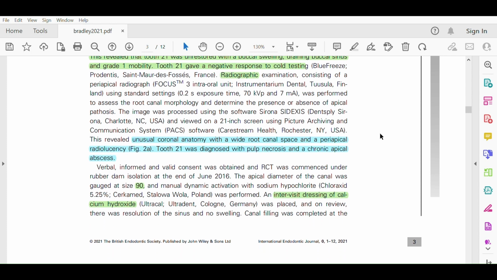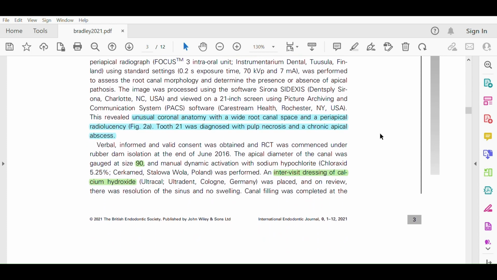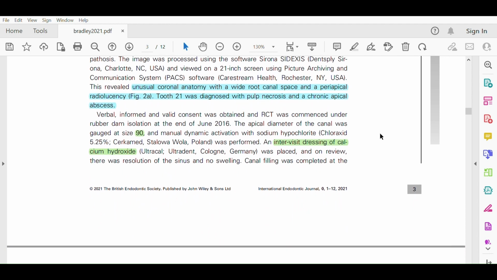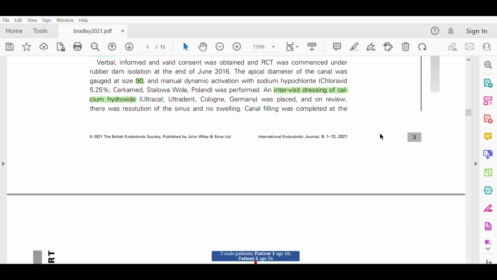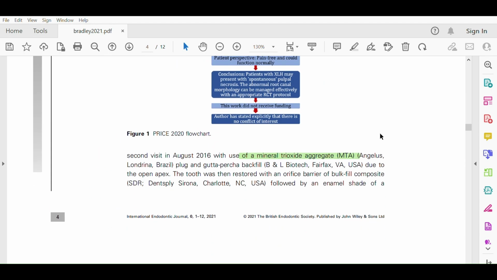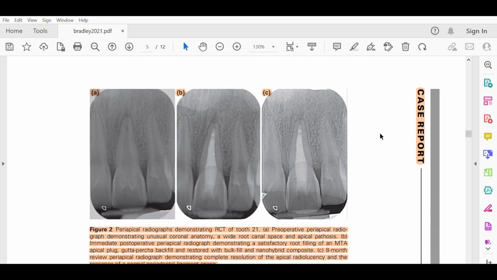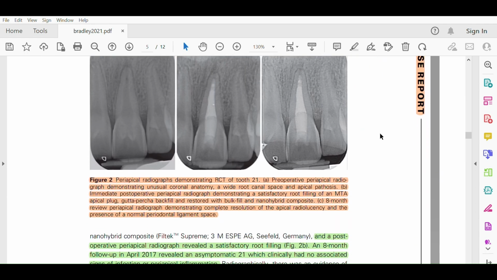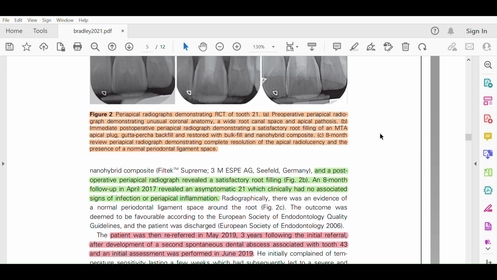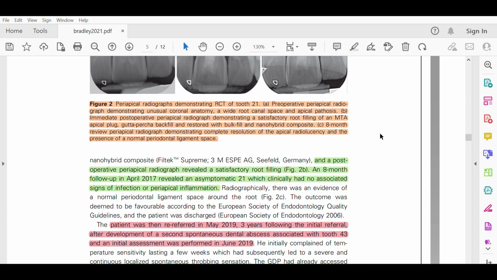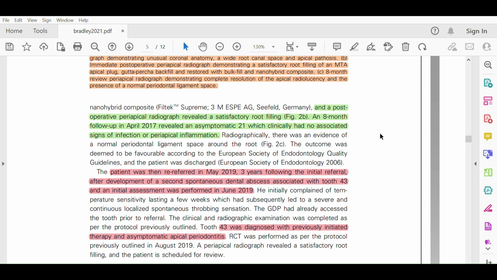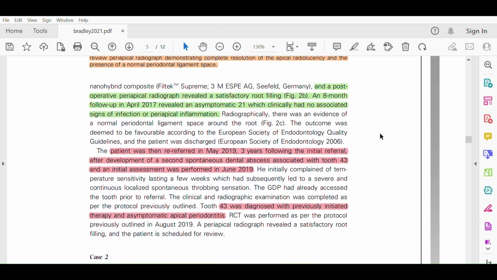Tooth number 21 had apical swelling and a draining apical sinus, grade 1 mobility, and a negative response to the cold test. Radiographically, it had unusual coronal anatomy with a wide canal space and a periapical radiolucency. It was diagnosed as pulp necrosis and chronic apical abscess, and was treated with root canal treatment with an MTA block. After 3 years, the same patient was re-referred after developing a second spontaneous dental abscess